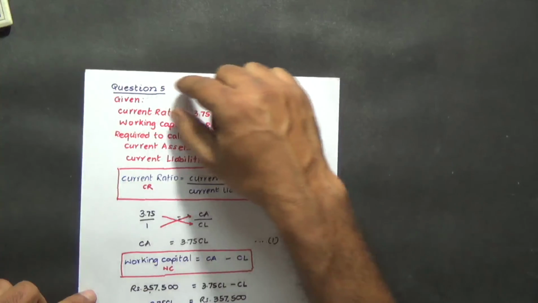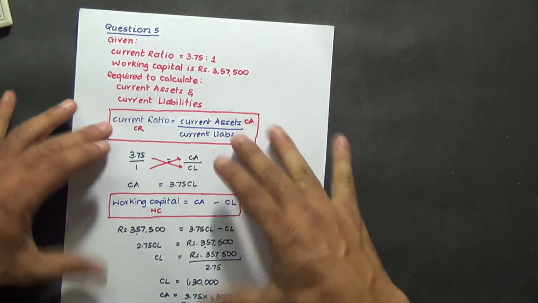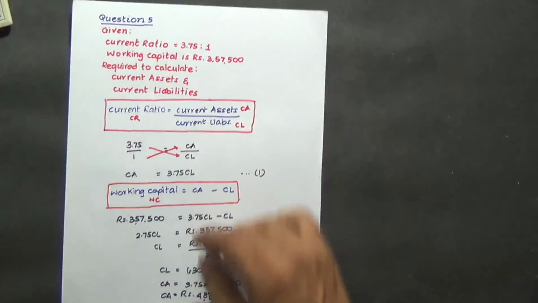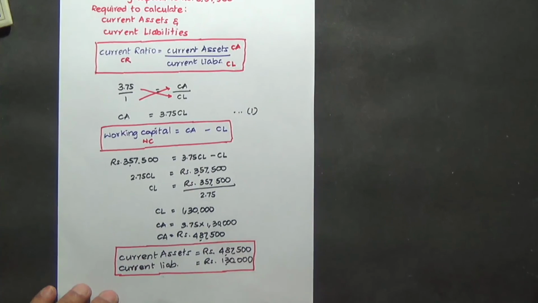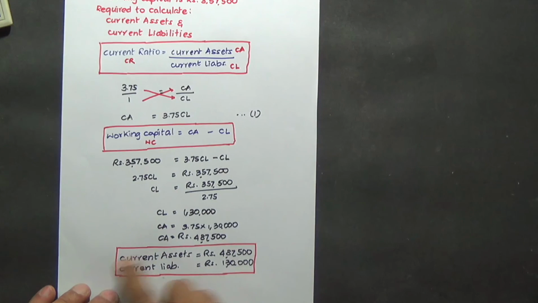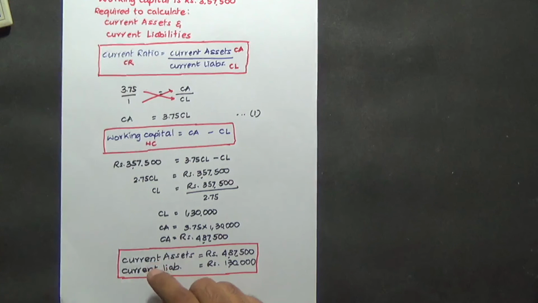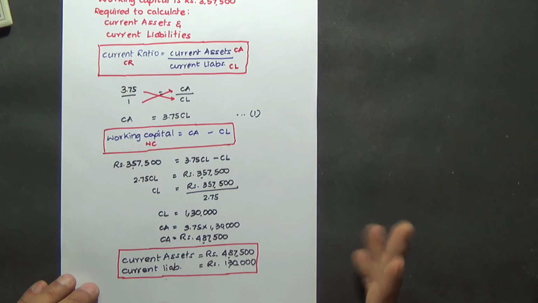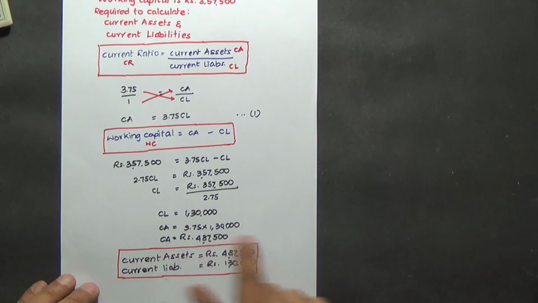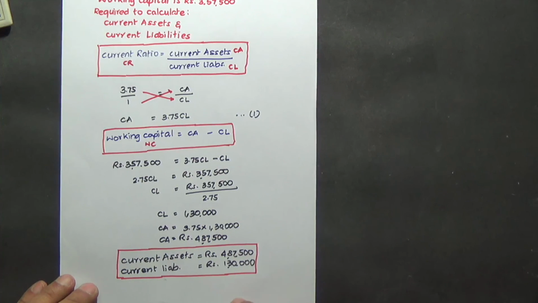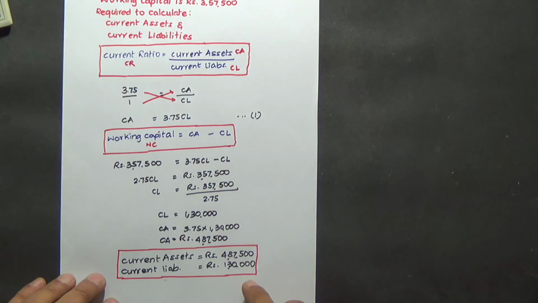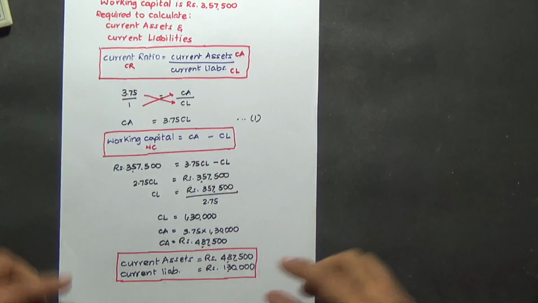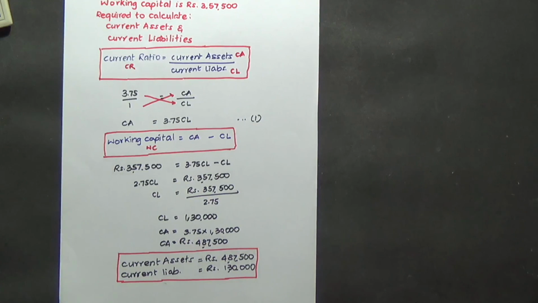So answer to question number 5, and this will be a working from here to here. You're going to work it out. Finally, you're going to give the answer in bold letters and put it in a box. Maybe the same color. In the exam, you're not allowed to use 2 different colors. You're never allowed to use red ink, but I've given it here for your memory's sake. Use the same color ink. If you're using blue, use blue and put a box and make it look like this. This is as simple